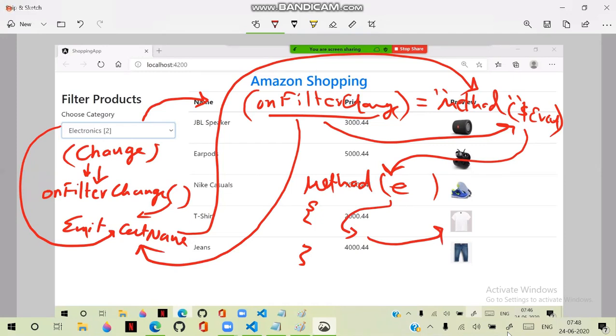This is a lengthy hierarchy actually. That means when the user changes any category, we generally write a change event. That change event is not recognized by the parent component. So we create a custom event that works on change. This custom event collects the category name and emits the category name. That means now this event is using the category name as an event property. This event will be accessed and used by your